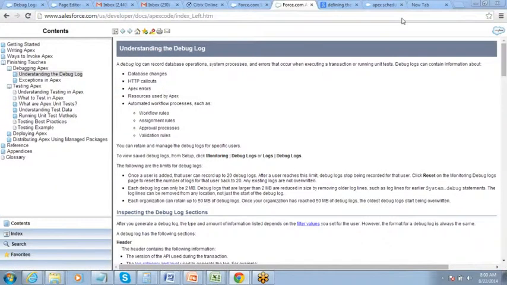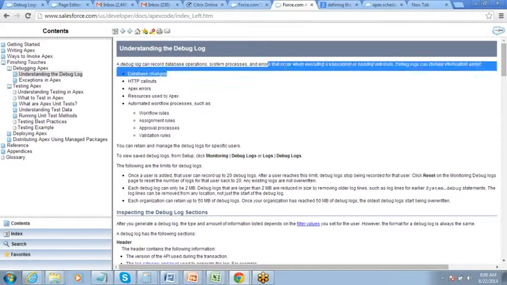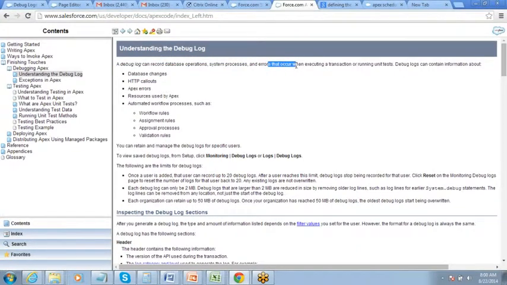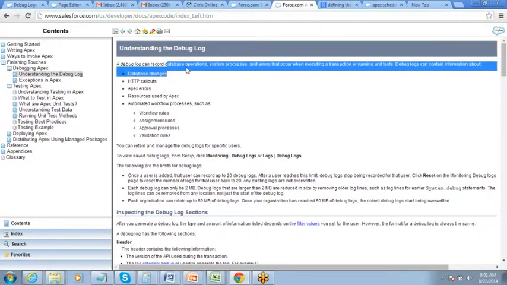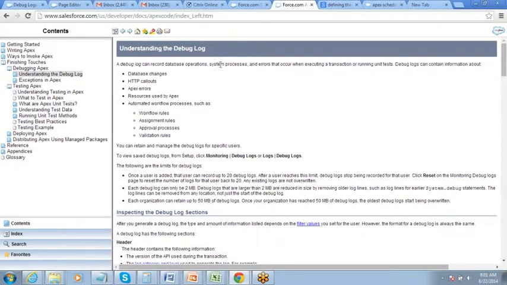Okay, so you see, a debug log can record database operations, system processes, and errors that occur when executing a transaction or running unit tests. So this debug log can track database operations or any DML operations, any system process, and errors.